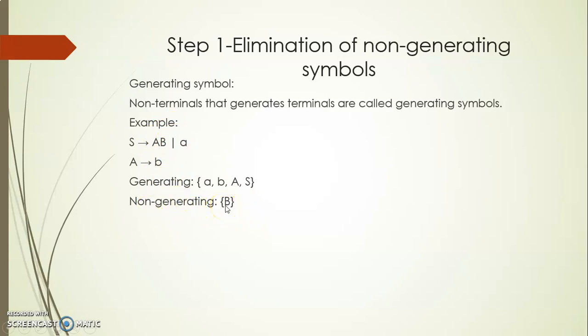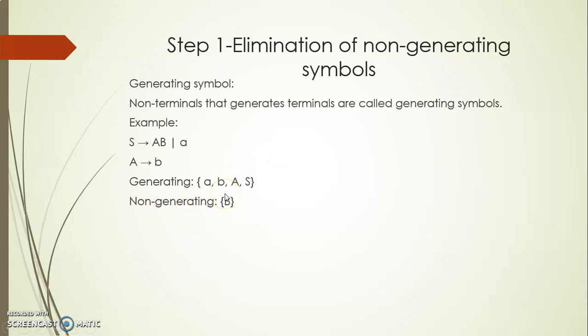I am repeating here. A generating symbol is nothing but a symbol present in the given context-free grammar that generates the terminal symbols. So by default, you have to include the terminal symbols present in the grammar. In this example, we have two terminal symbols. I think you know that all the symbols that are written in lowercase letters, that is small letters, we call as terminal symbols. So here we have two terminal symbols a and b that we have included as generating symbols.